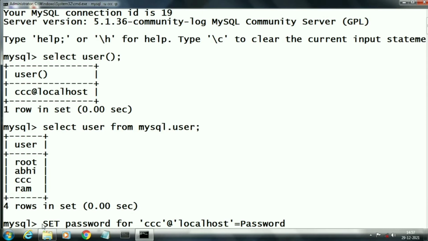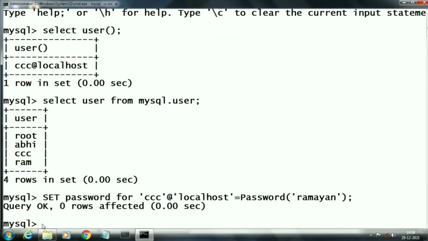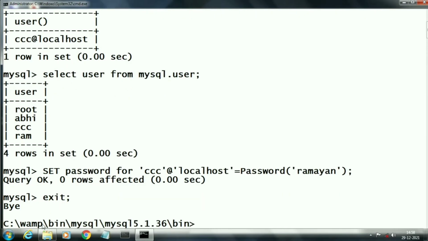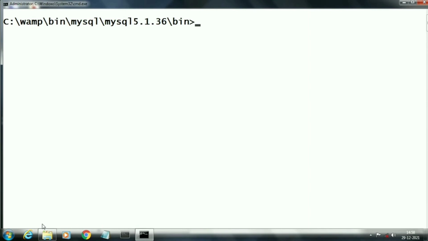Next we will write our new password in parentheses. That will overwrite our old password and create a new password for our user CCC. The new password is Ramayan. Now we are exiting from our CCC user by using the exit command.